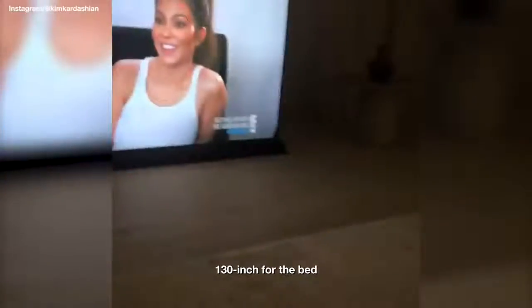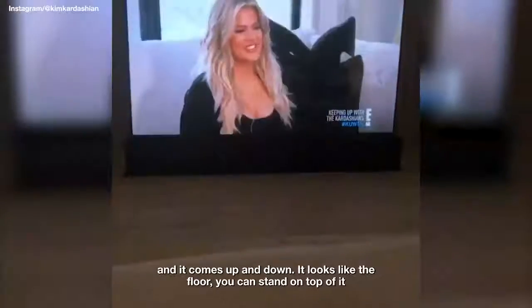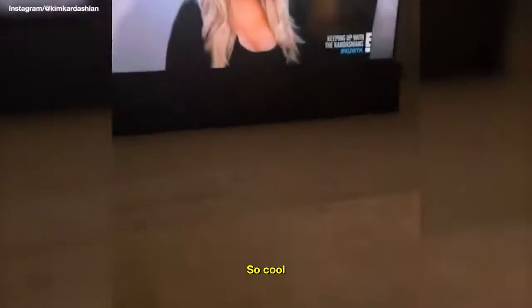130-inch for the bed. And it comes up and down. Looks like the floor. You can stand on top of it. So cool. And if you don't want it, then